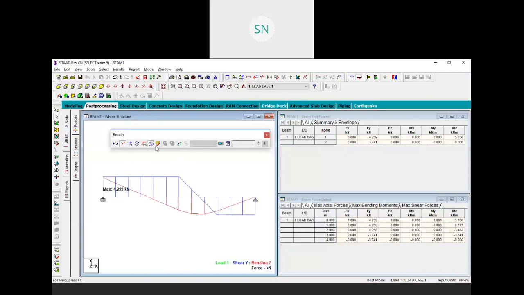Okay, so this mz is our bending moment and fy is our shear force. Rest are not applicable in our problem. Axial force, fz, mx, and my, these are not applicable. Only fy and mz.